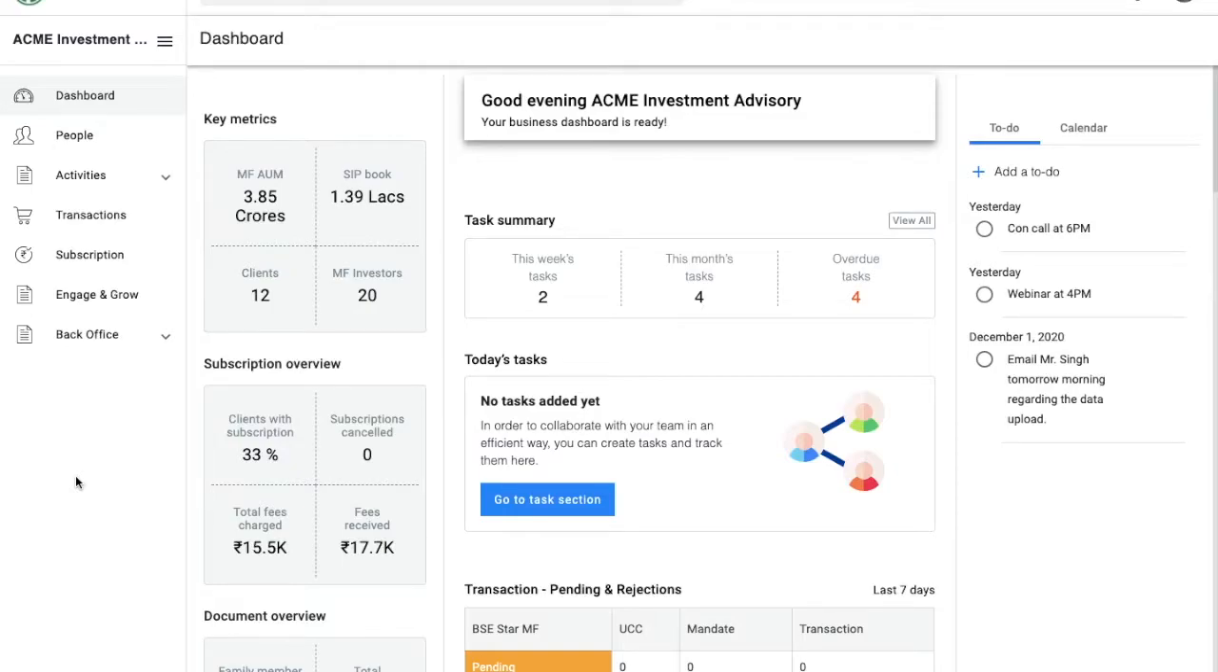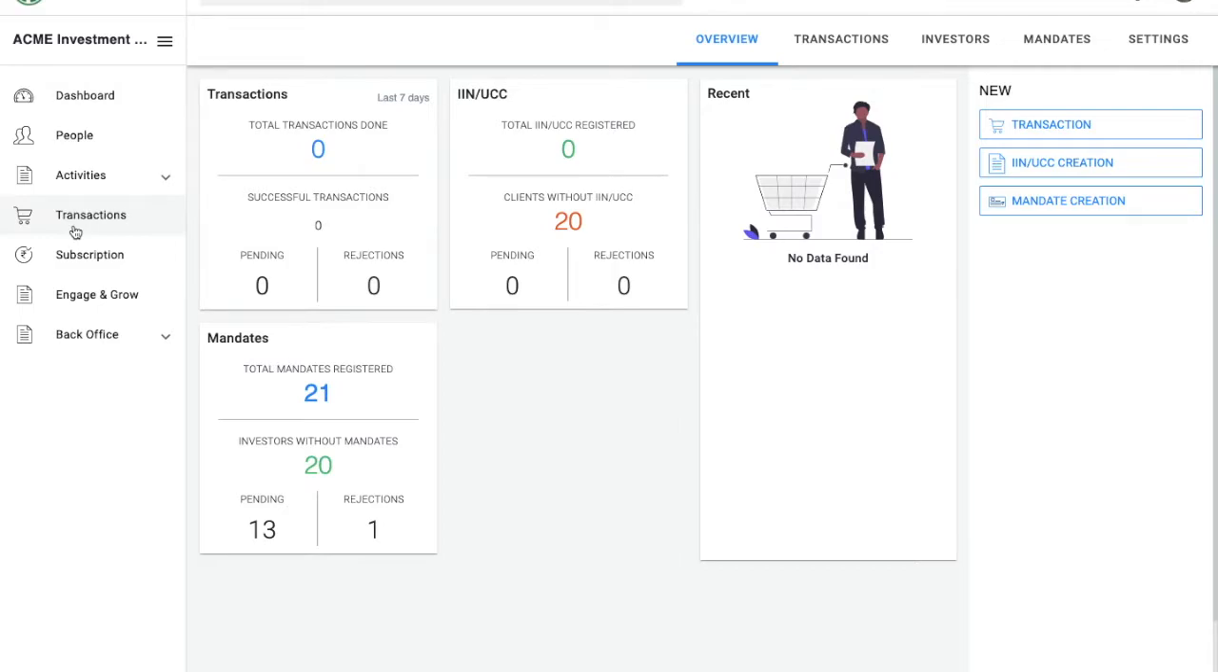In this video, I'm going to give you a quick overview of what the transactions section is all about. So let's click on the transactions. What we've done is we have integrated the APIs of NSE NMF and BSE StAR MF to give you a complete white labeled solution. The idea is to give you and your clients a completely seamless experience which is white labeled, and you